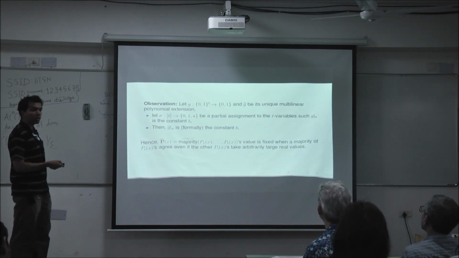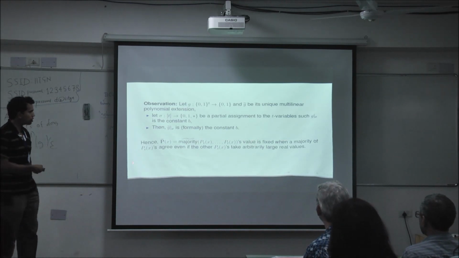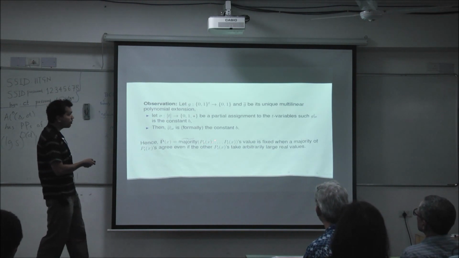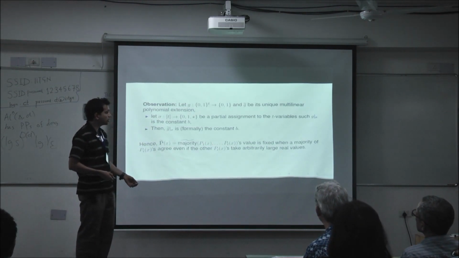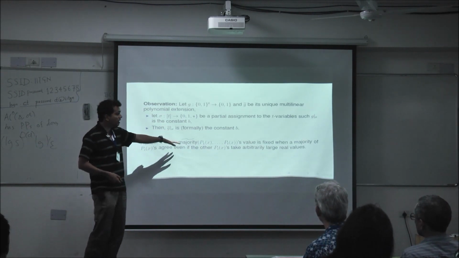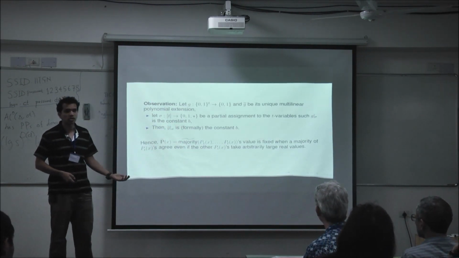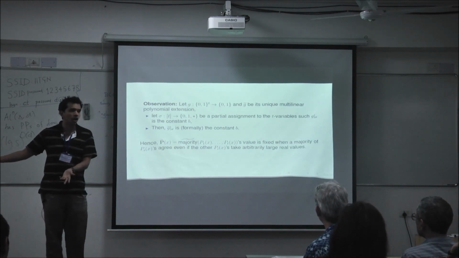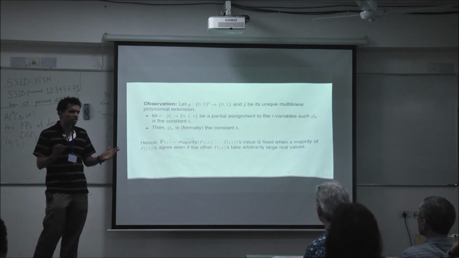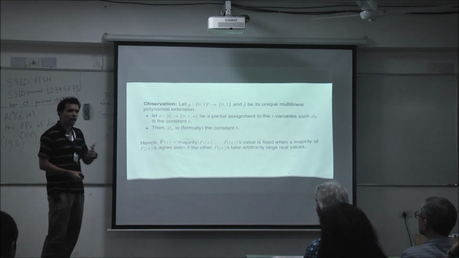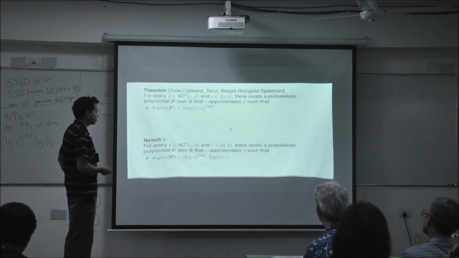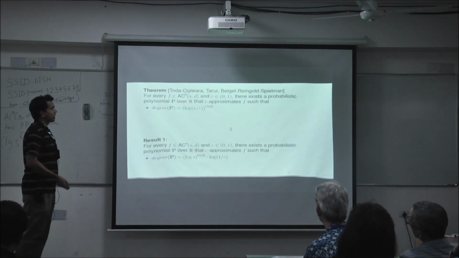So you choose p1 to pt independently and uniformly at random, and then you compose with the majority tilde polynomial. And what happens is that if at least half of these were 1s, that means the majority Boolean function collapses to the constant 1, which means the multilinear polynomial extension also collapses to a constant 1, which means it doesn't matter what the other guys are. They could be arbitrarily large real values, they don't even have to be integers, they could be irrationals, whatever, it doesn't matter. The polynomial collapses, it doesn't care what is otherwise. Okay, that's it. That's all. That's the proof of the theorem.